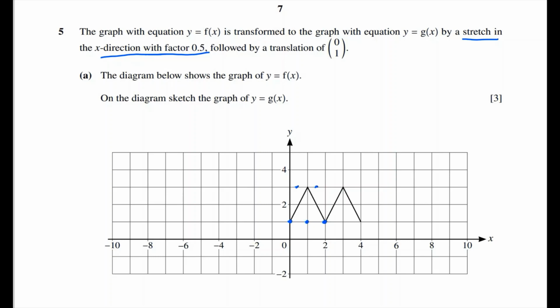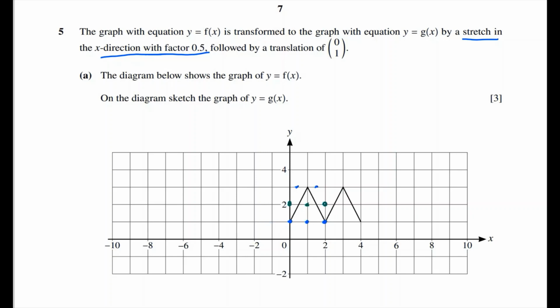0 and 1 is the vector. So the 1 indicates it's going to be transferred or translated or shifted along the y-axis, so parallel to the y-axis. So this point along the y-axis is 1. It will be shifted one step upwards because it is a positive sign. So this will move to here. Similarly, all these 3 points will move one step up,